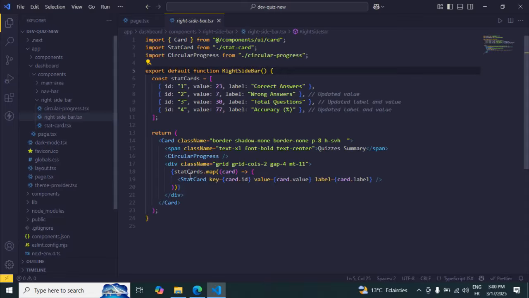If we go to the right sidebar, as you can see, I created this new folder called right sidebar. Always make sure that your files and folders are organized. When you're having bugs in the future, it's going to be very easy to debug the mistakes. So if we go to the main file, which is the right sidebar,